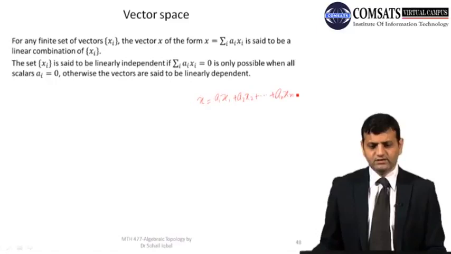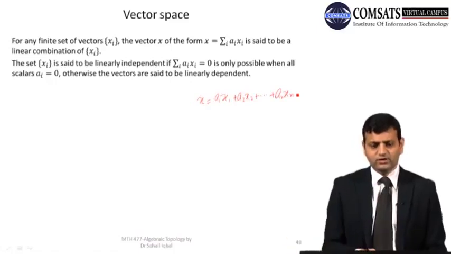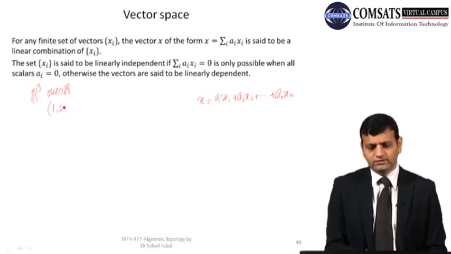The set xi is said to be linearly independent if their combination is 0, then the only possibility is that all the coefficients are 0. For example, if we take R3, which is a vector space over R, then (1,0,0), (0,1,0) and (0,0,1), these three elements are linearly independent, because if I take a linear combination of these